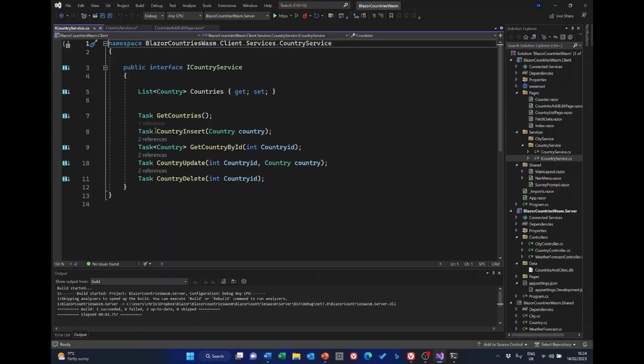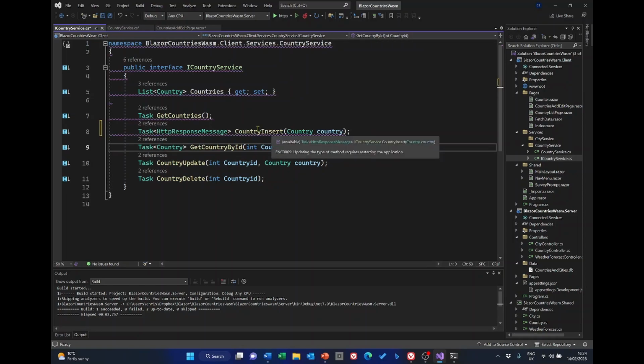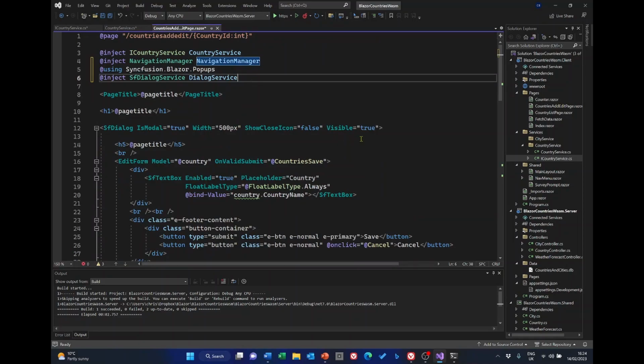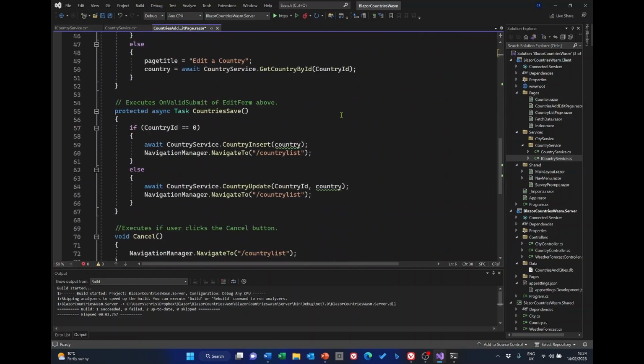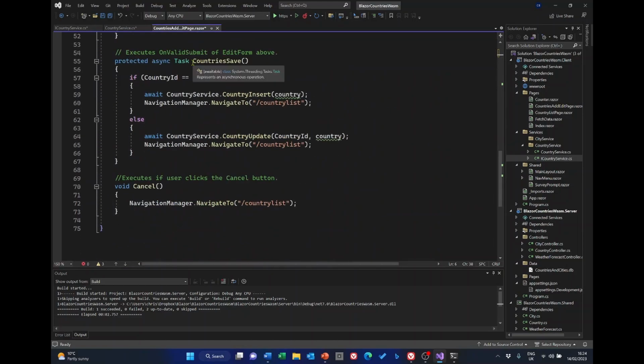And here we need this. So now we can go back to the countries add edit, and on the country save, if it's a country ID, if we're inserting, we can check to see what the response is. So instead of that line there, we can see what the response is. So I'm going to replace this code